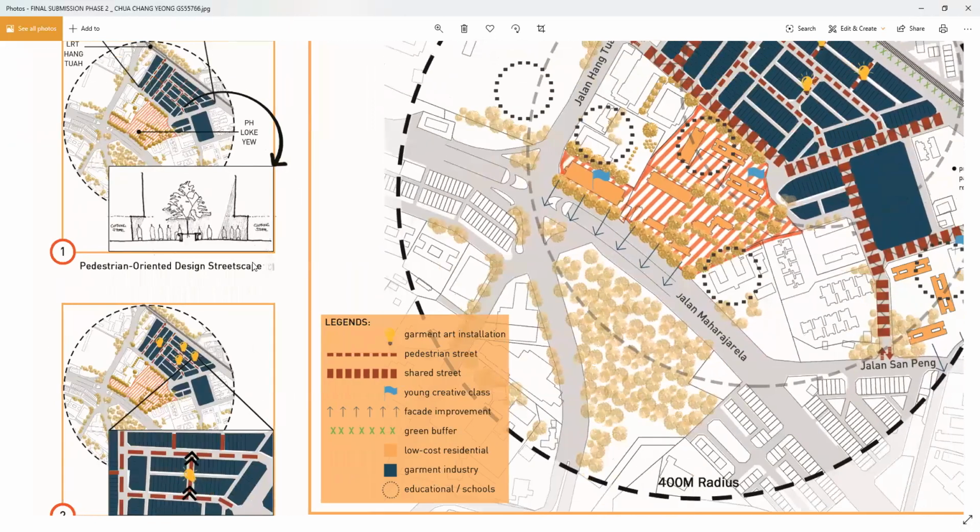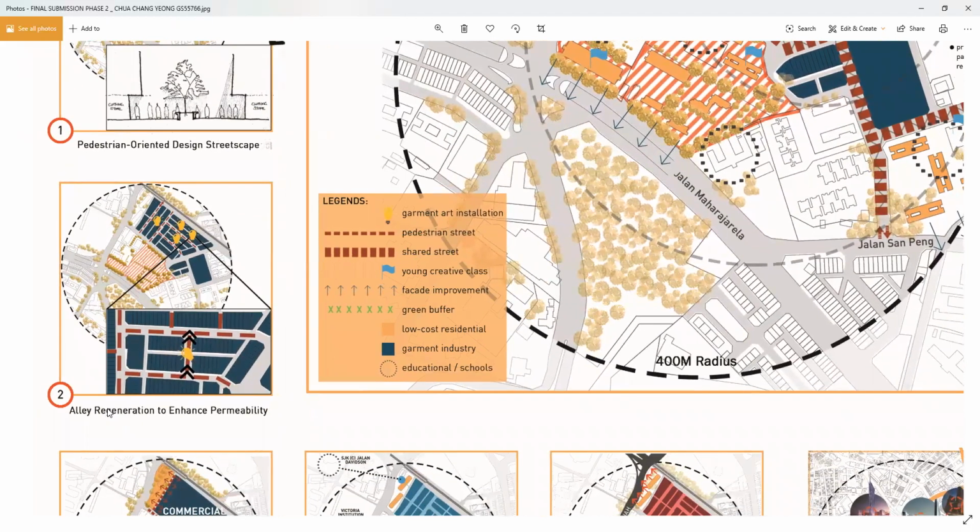Yeah. The second approach will be the alley regeneration to enhance permeability. So while people are walking along the pedestrian shopping street that I mentioned before, the light bulb here is something that drives the users in, in order to enhance the permeability. When people go in, attracted by this light bulb, they can find the other side of the shopping street, improving the permeability of the shopping experience, and it rewards the pedestrian,